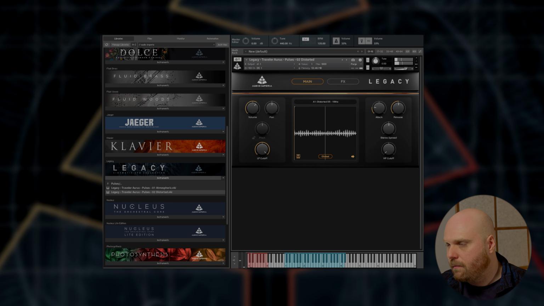So let's have a little listen to some of the distorted pulses here. Like the previous libraries, these are already tempo mapped, already curated, already designed, so they're going to fit straight in and loop in such a way that they're going to add a lot of instant texture and interest to whatever you're working on. These are mapped across different keys, so you can put them in whatever key you like. Let's have a little look at some of the organic noises here.